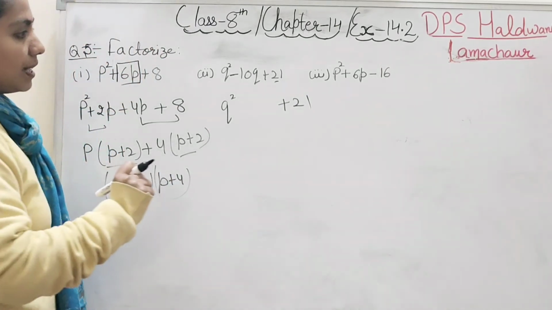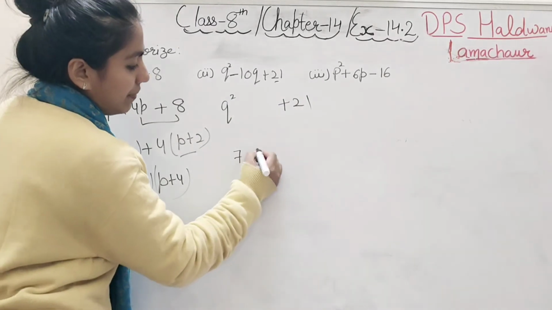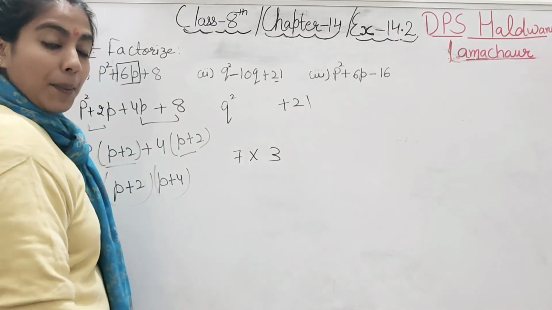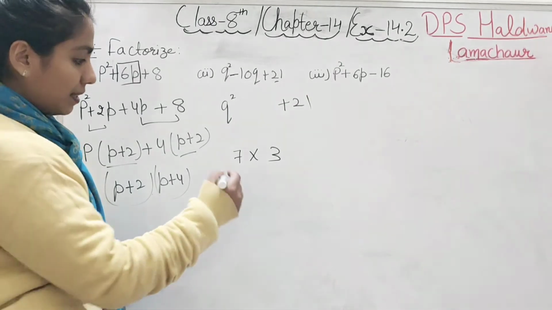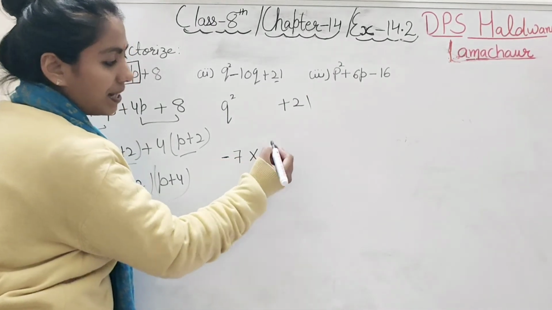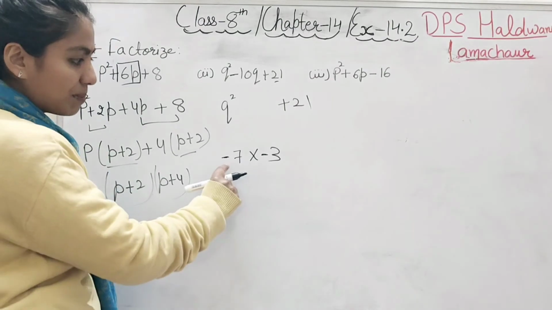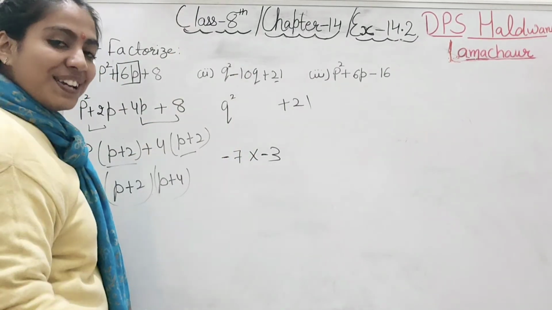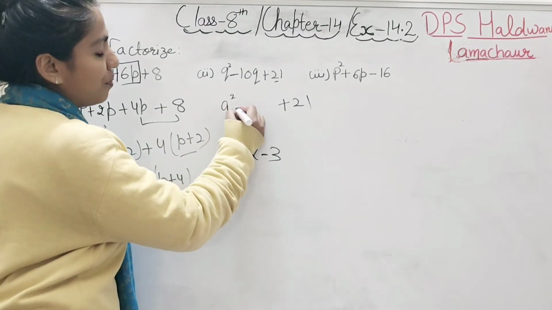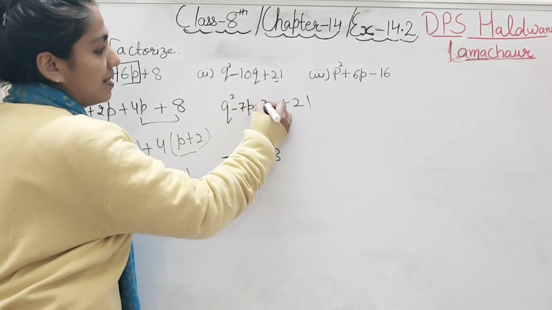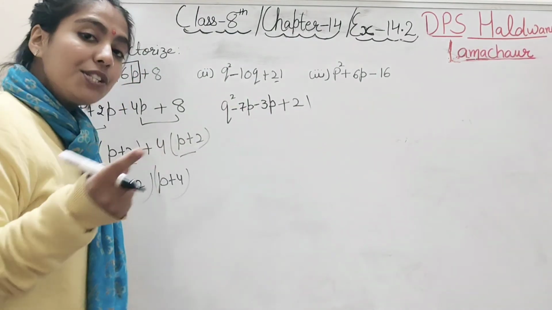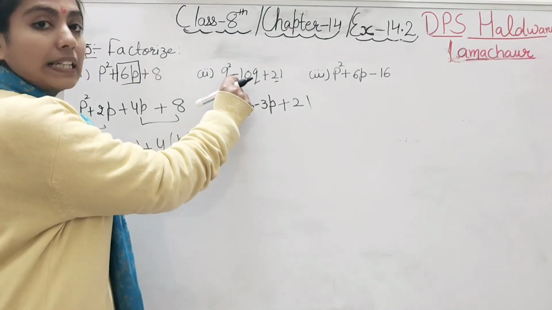Okay, so let's start. 21 is the only one, 7 3s are 21 and 7 8 9 10. On adding we get 10. So what we can write down is -3 and -7, right, because minus minus plus, that is 10, sign of minus. So very simple. So we can write down minus 7q or minus 3q. Right student? This sign here, you can manipulate according to the given sign.